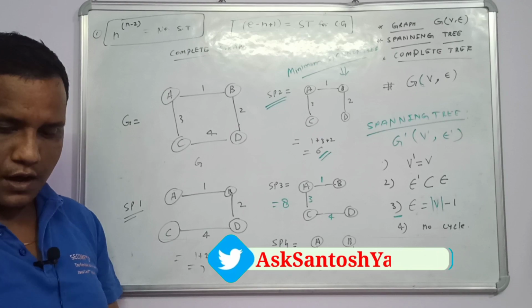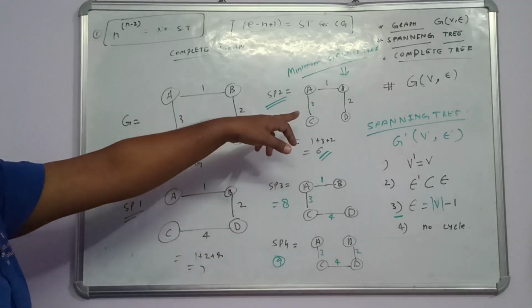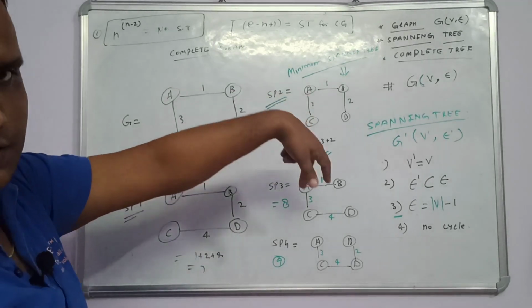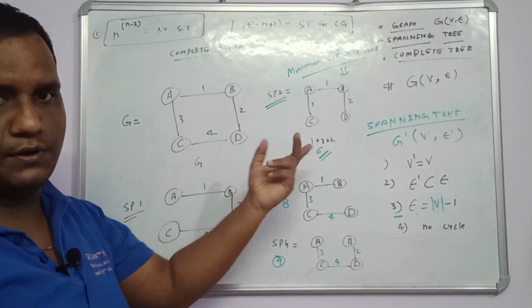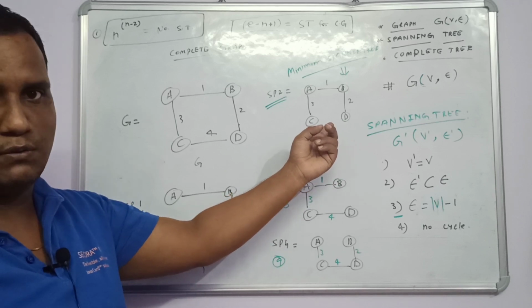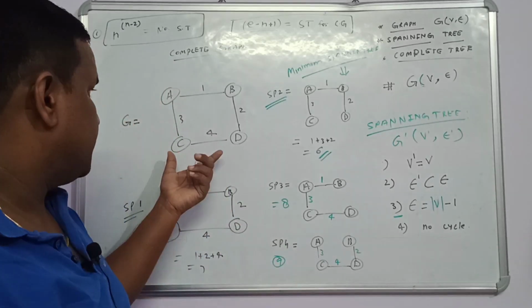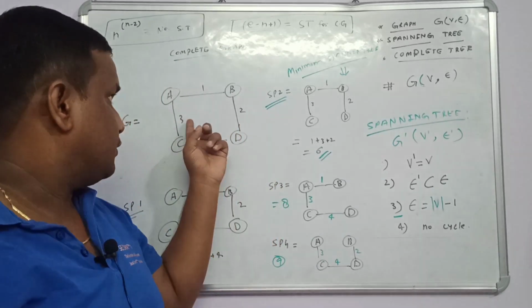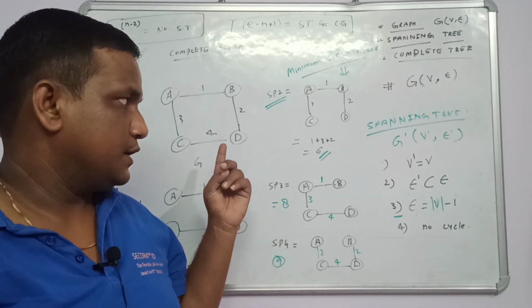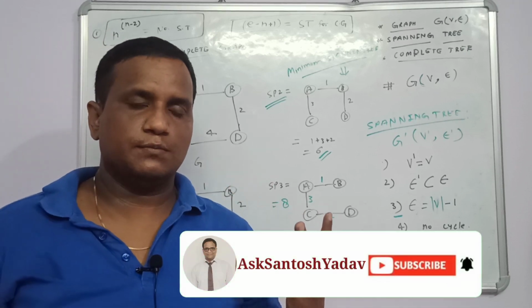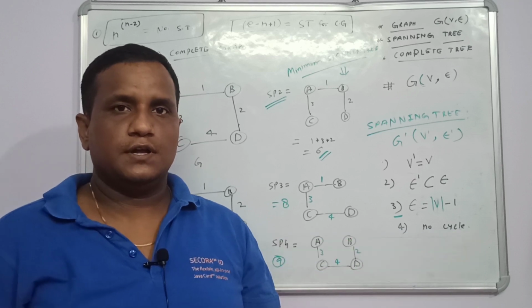Now, not every time will we make all the spanning trees and then decide. There should be some mechanism to tell us in one go that for this given graph, this spanning tree is the minimum spanning tree. So in the next video I will tell you how we can directly find the minimum spanning tree for a given graph in one go. We will come to know this through 2 very important algorithms, Prim's algorithm and Kruskal's algorithm. Till then I hope you got the concept. Thanks for watching.